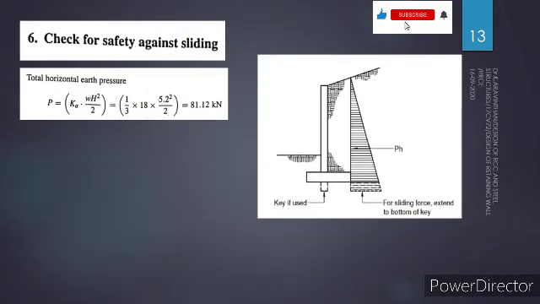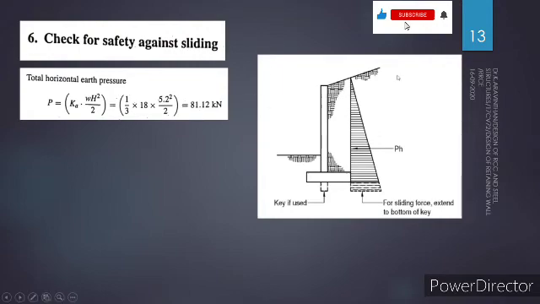Next, we should go for checks. The following are the checks which have to be done for the stability requirement. For the strength requirement we have satisfied, we have designed the stem and we have designed the base. Now we are checking for stability. For sliding, why does this structure slide? This structure slides due to the frictional force imbalance. So you have to find the balanced force, and in order to balance that you have to follow the following procedure.